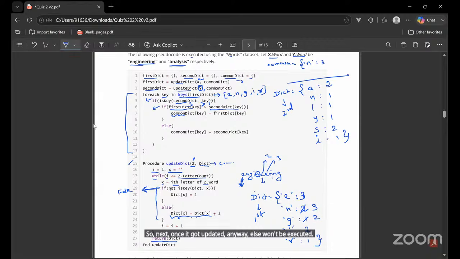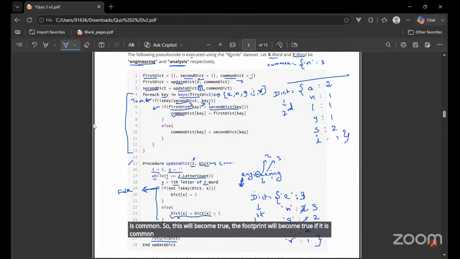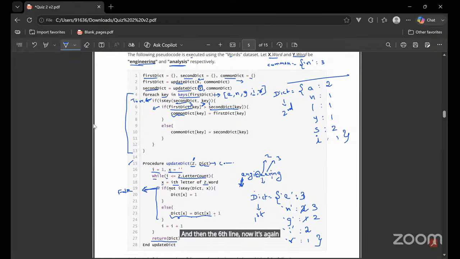Now it will go to the next element G, whether G is common in both the dictionaries. No, sir. So this will return false. Now we have to check I, whether I is common. Yes, so I is common. So this will become true. The fifth line will become true if it is common. And then the sixth line, now it's again going to check whether the values of the dictionary are found in the first and second. So the I is found 2 times